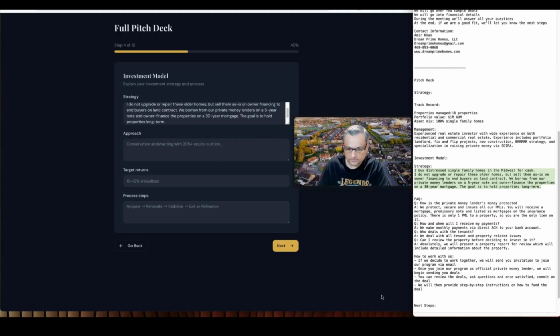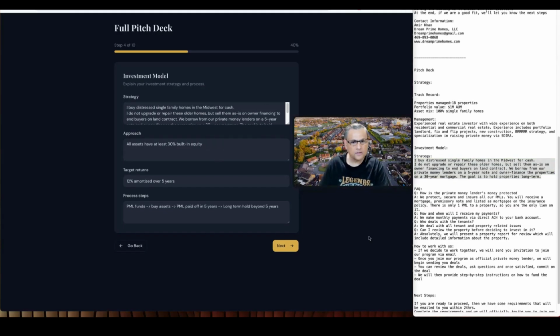So let me make sure it's correct here. Okay, so I did not have this section, so I had to type it through. So in the strategy, I had the strategy written down. In approach, what we really want to say is, do we borrow from our private money lenders and we are